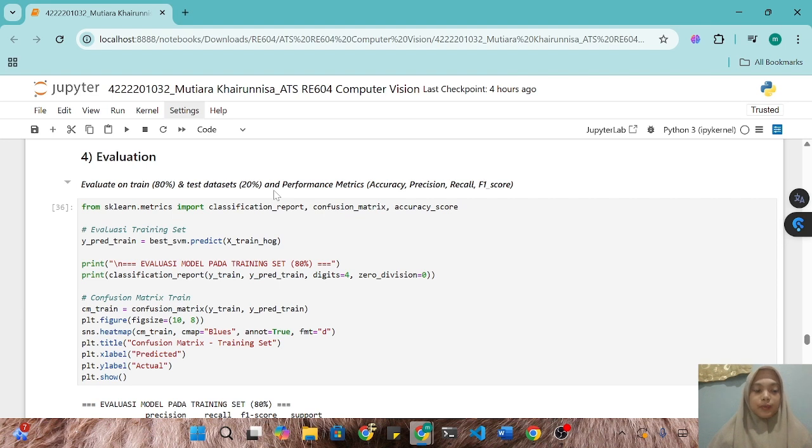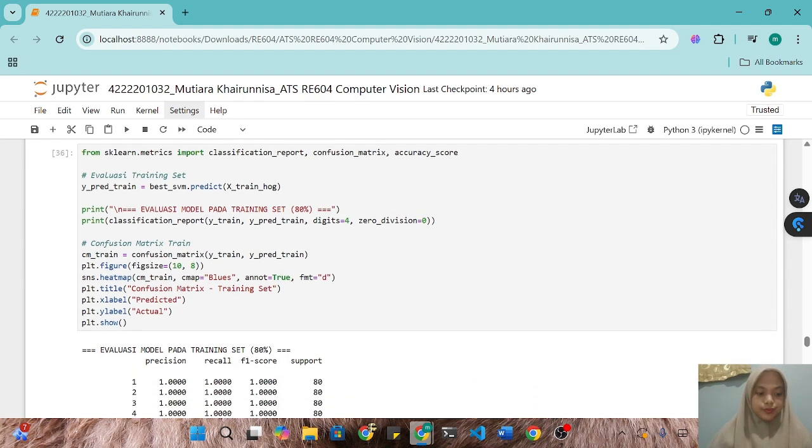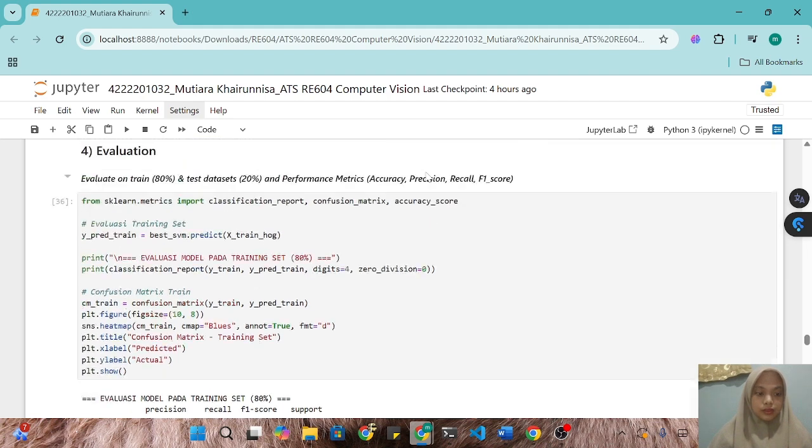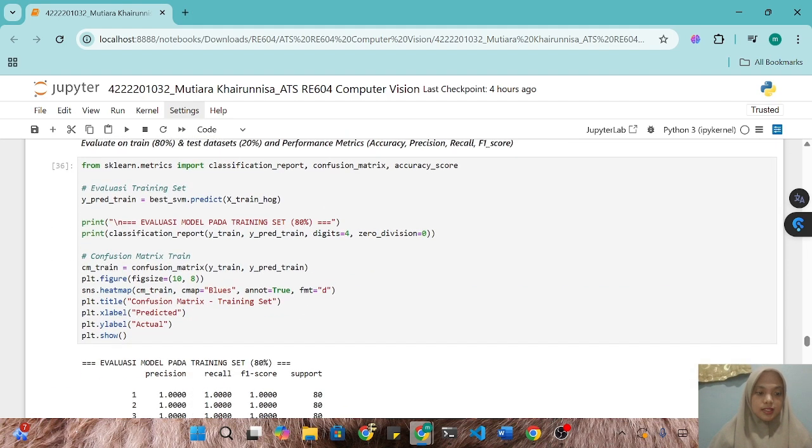And the last step is evaluation. After training the model, we evaluate it using several metrics: accuracy, precision, and F1 score. These are calculated on both the training and test sets. In my experiment, the LOOCV on the training set achieves an accuracy of approximately this.